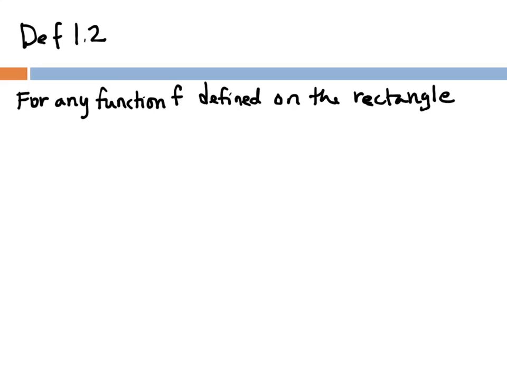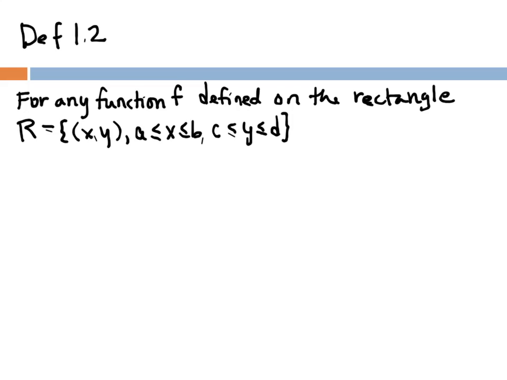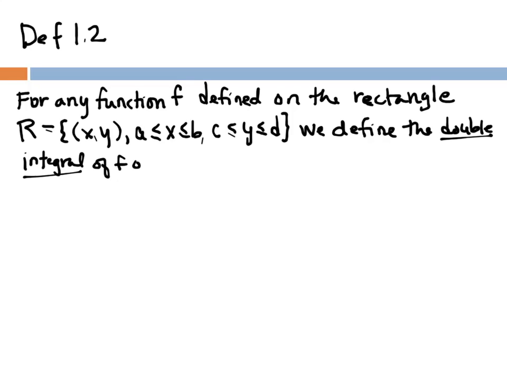The rectangle R, which is all the points x, y such that x is between a and b, and y is between c and d, we define the double integral of f over R by,